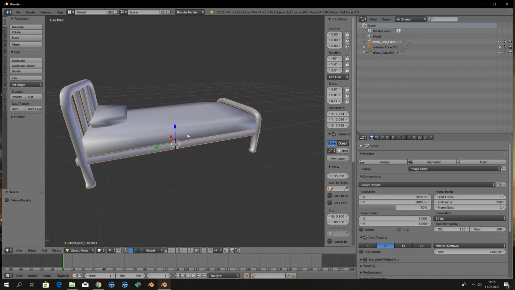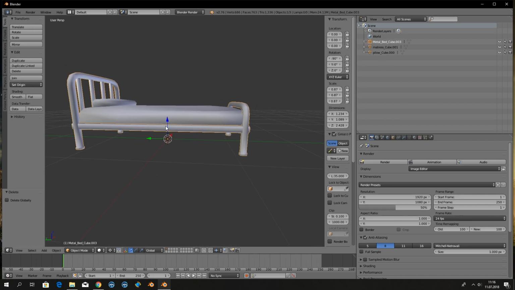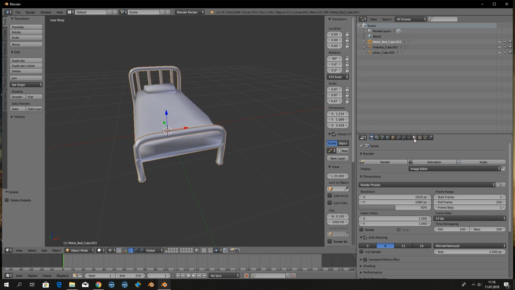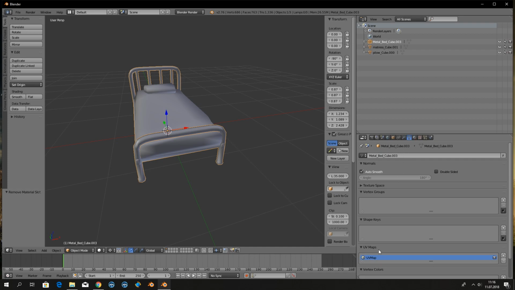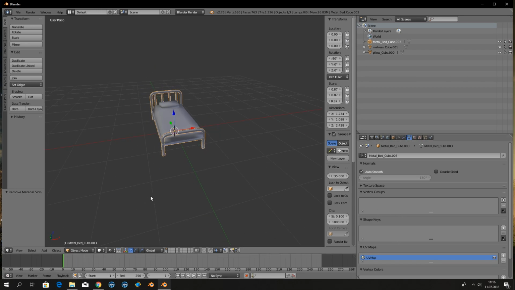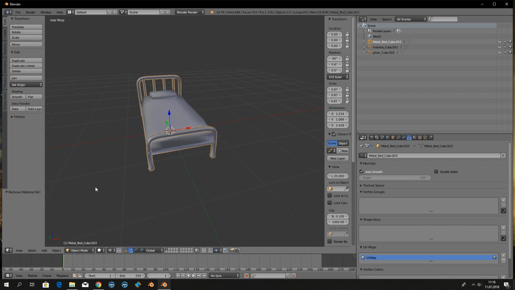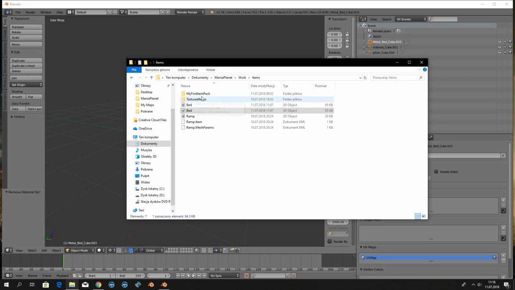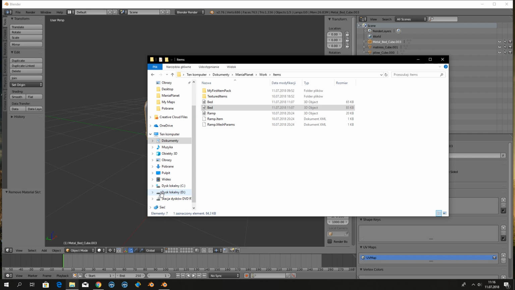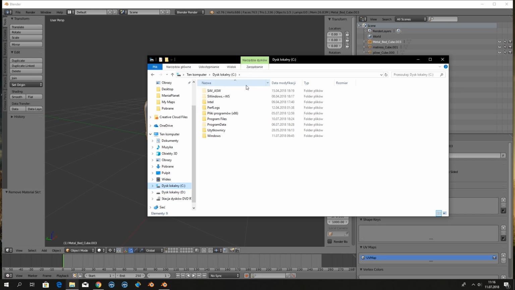So now we are just gonna apply some textures from the game. And delete the already existing textures, like this one, this one, this one, and we're gonna delete the UV maps. Oh no, they can stay. So to see what textures we can put here, you're gonna use the next folder. It will be disk C. And there should be, you should